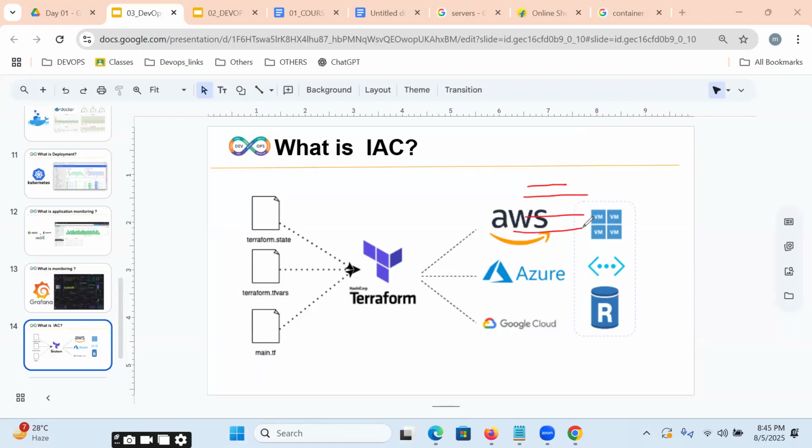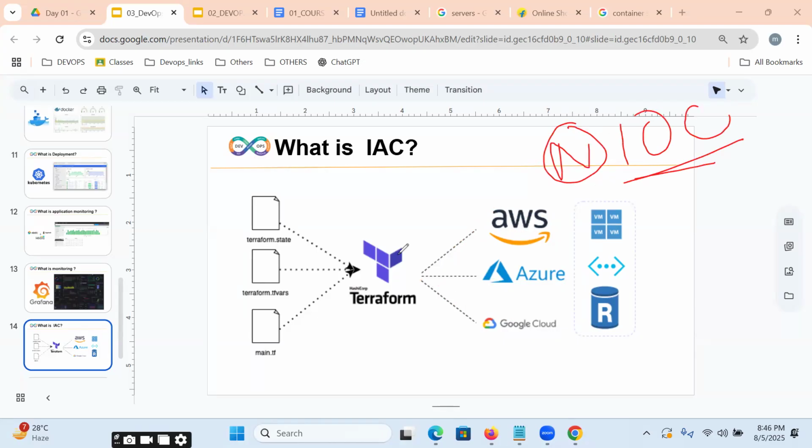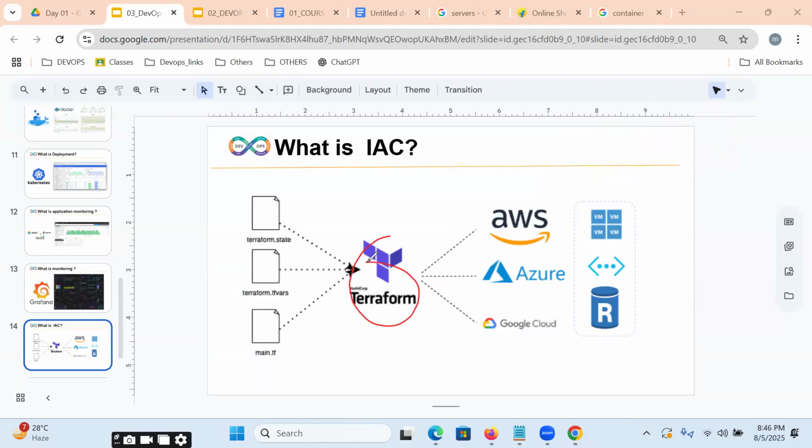We can automate creating infrastructure in any cloud. That is exactly what Terraform is. For example, I want 100 servers, I can create them through Terraform in AWS. The same way we can create in Azure also. You can also set up things on top of the servers, maybe an Ansible setup, a Kubernetes setup, or a Jenkins setup. I can do that through Terraform also.